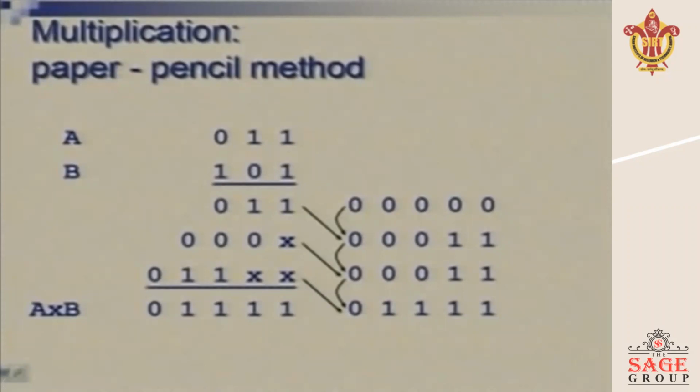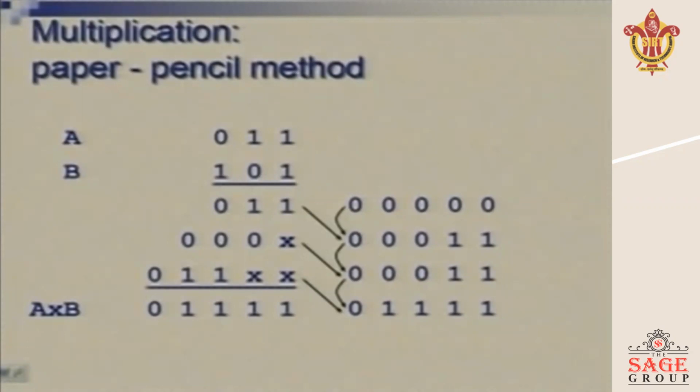So first of all, I want to explain how multiplication is done by the paper pencil method. You can see on the screen, this method is very familiar to all of you. We know how multiplication is done on paper by pencil. Basically, we multiply each and every bit of the multiplier with the multiplicand, and then we generate the